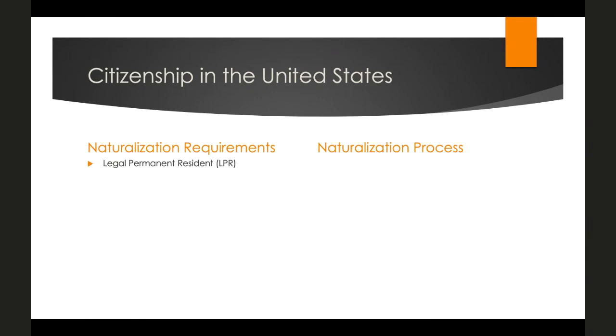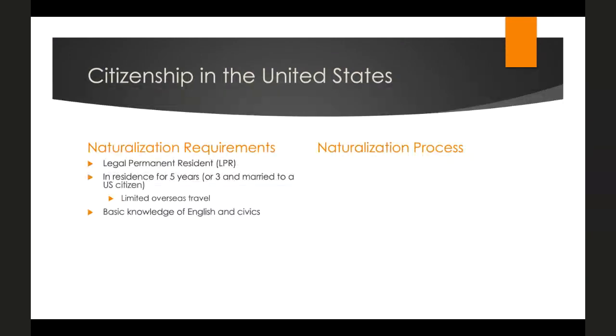There are a series of various non-permanent immigrants and non-permanent residents, or permanent residents without legal status. According to the way that the citizenship laws work now, they are not eligible to be citizens. You also have to be in residence in the United States for 5 years, or this is lowered to 3 if you are married to a U.S. citizen. And there are various restrictions on overseas travel. You can't have spent more than a year abroad consecutively during that 5 years. There's a limit on the number of trips you can take, but the idea here is that you've actually established permanent residency in the United States.